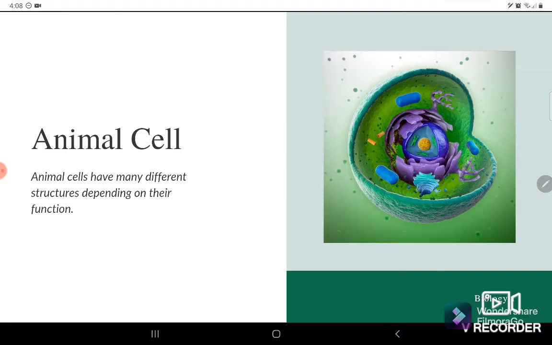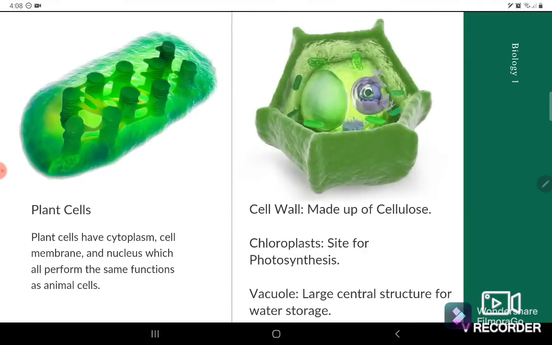Next one, we also have here the plant cells. Plant cells have cytoplasm, cell membrane, and nucleus, which all perform the same function as in animal cells. And if we can recall, the three fundamental parts of a cell are the cell membrane, the cytoplasm, and the nucleus. The cell membrane is the outer covering or the barrier that is